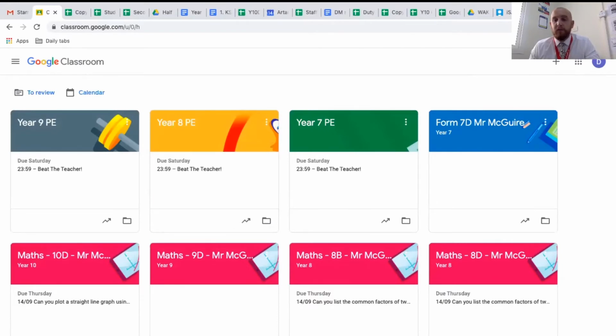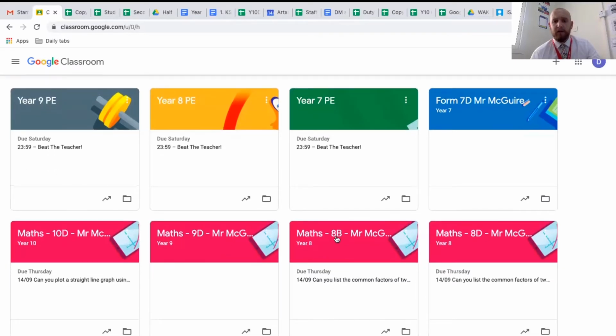But we ask that you complete all of the work that you would have completed on that day in relation to your timetable. So it might be that period 1, I have maths. At some point on the day that I would have maths, I need to do the maths work. So let's just say I'm in 8B and I've got Mr. Maguire. I will click on the classroom,